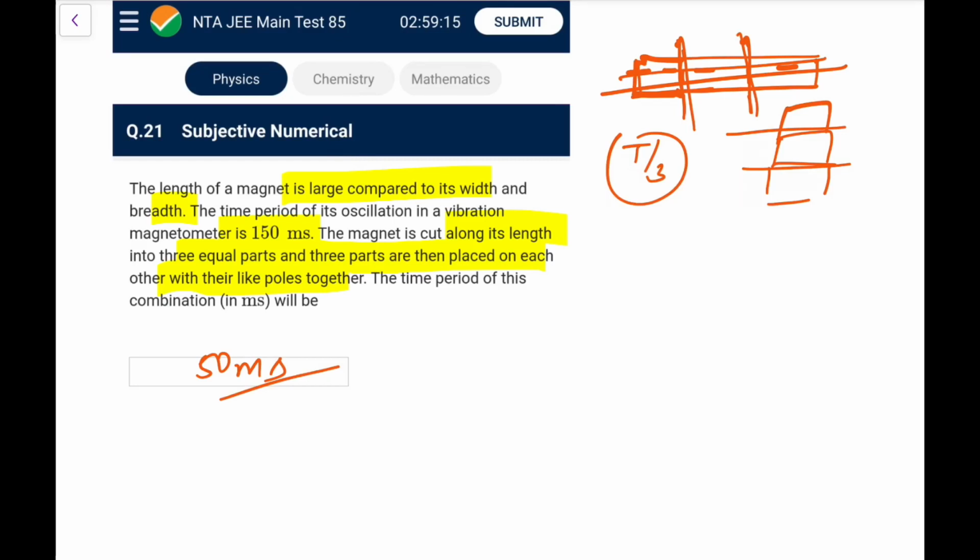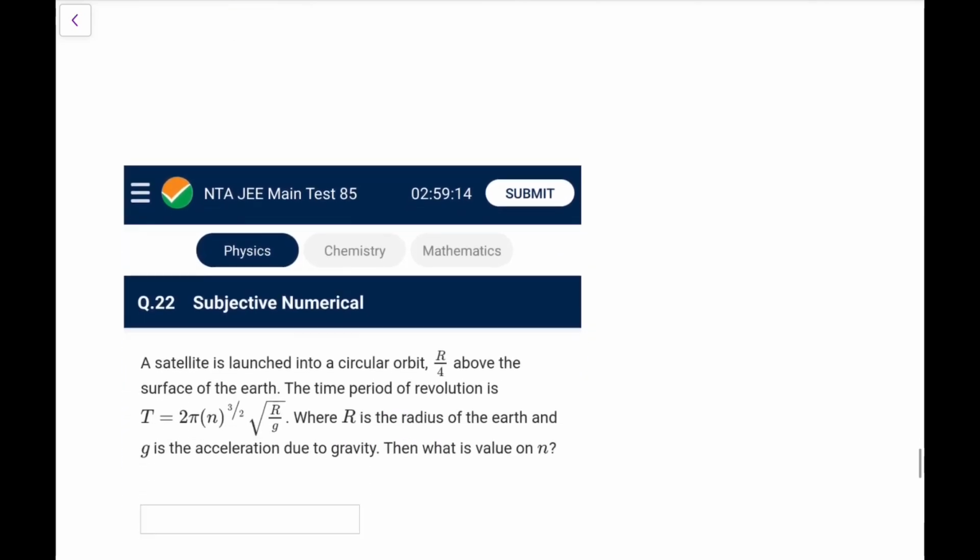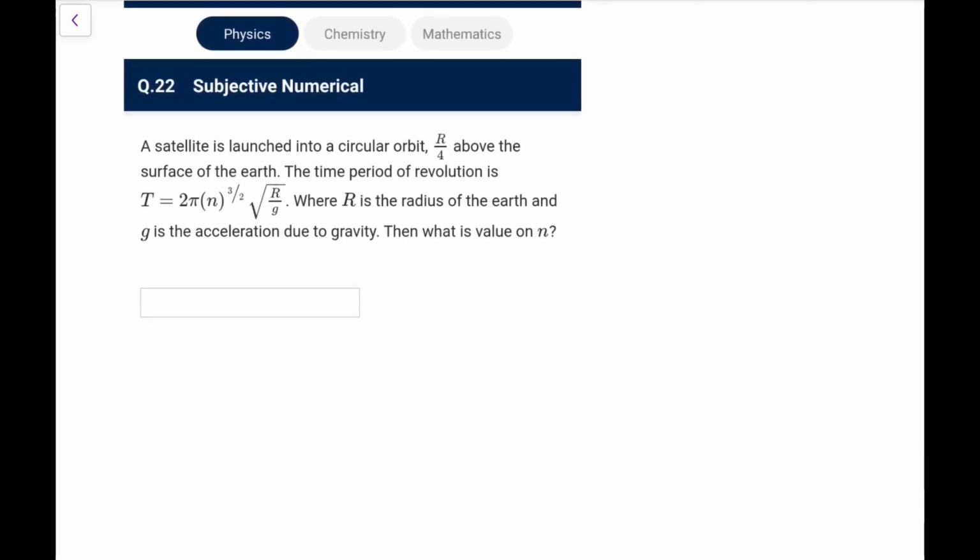The reason is each part becomes 1 by 3, magnetic moment will become mu naught by 3, and because length becomes L by 3, moment of inertia, mass is 1/3, length is 1/3, so ML square proportionality will become mu naught by 27. So if you do that, 2 pi under root I by mu B, it would have 1 by root 9, so it becomes 1 by 3. That you remember, the standard thing you do in the magnetism chapter.